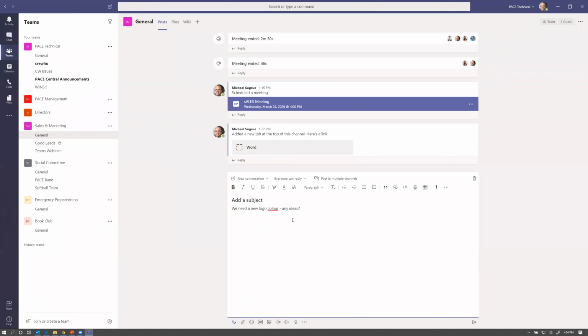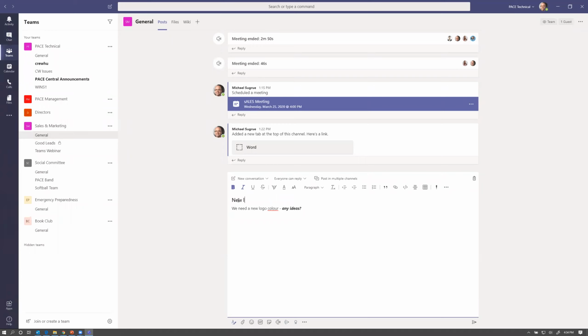If you click on that, you get a lot of the standard formatting that you would in something like Word. So if I wanted to bold something, make it italicized, etc., bullets, numbering, any of those kinds of things. But one of the other good features once you click on formatting within channels, which is a little bit different from chat, and I'm going to show you the difference in a minute, is I can make a subject.